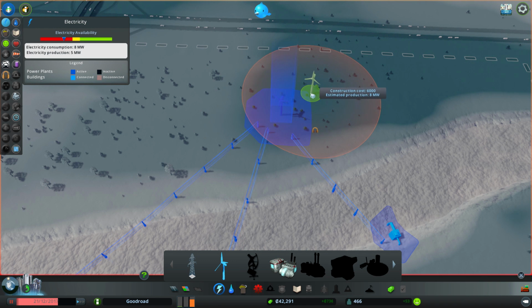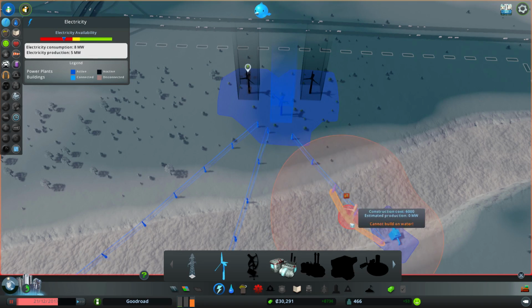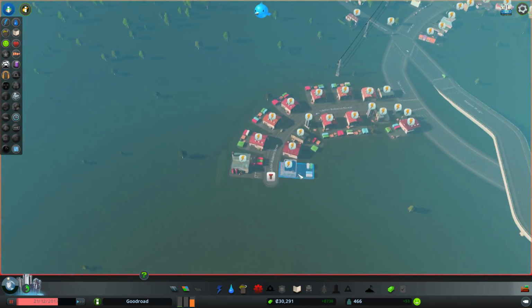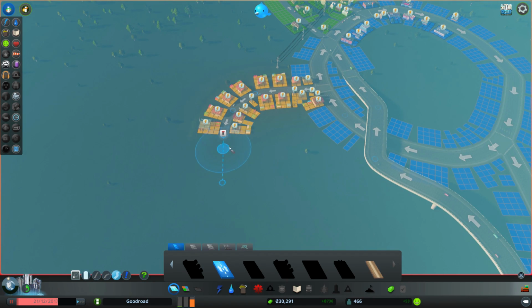So, let's just shove more stuff up here and up here. There we are. Three wind turbines will keep us going just for the time being. Lovely. Then I don't need to spend all my money on that, and I can actually afford some new roads. So, now we just need to get this road looping round to...